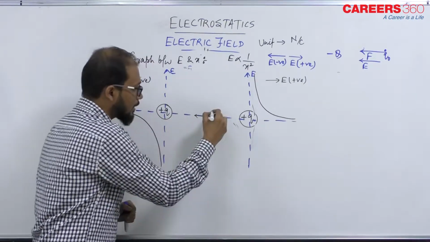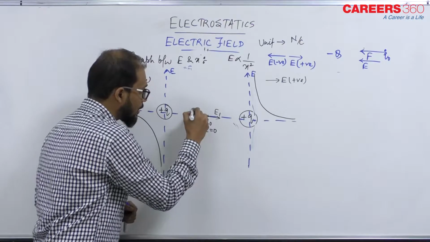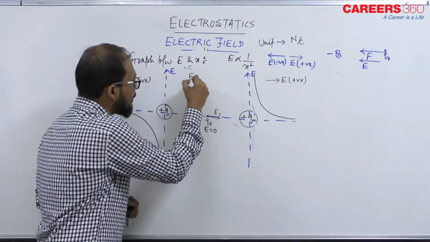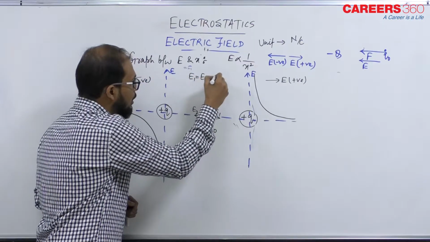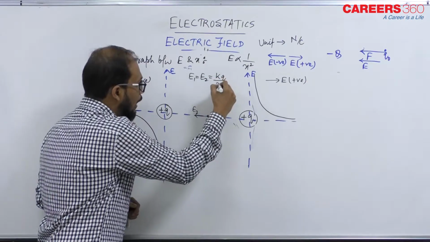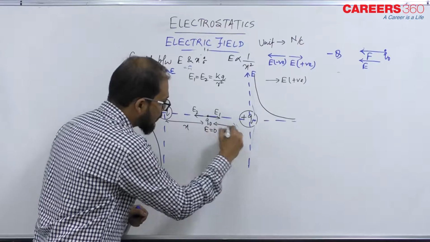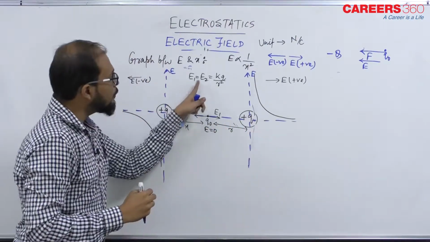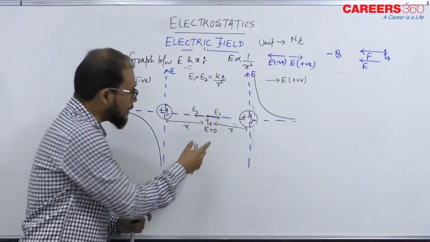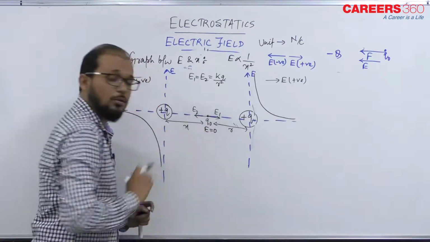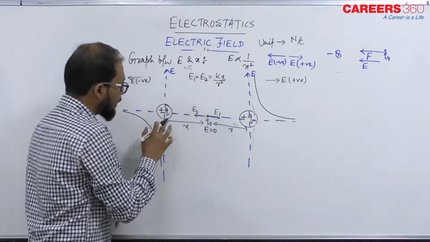Suppose due to this charge the electric field is E1 and due to this charge the electric field is E2, and E1 will be equal to E2, that will be equal to K Q upon R square. Suppose this distance is R and this distance is also R. So these E1 and E2 are acting in opposite direction. That means the net electric field at this point will be 0, and here at this point the electric field